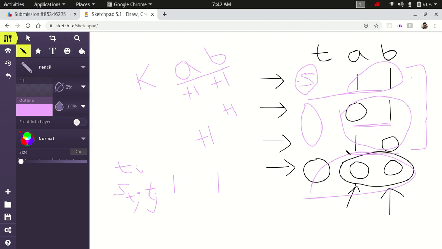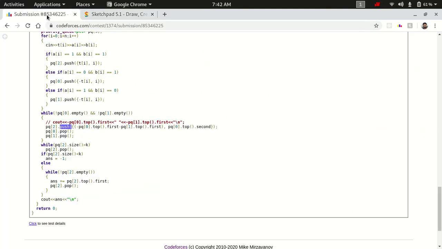So now they have been converted into a book of type 1. I have pushed the pair with the minimum value into priority queue 2, and calculated the value of their sum.